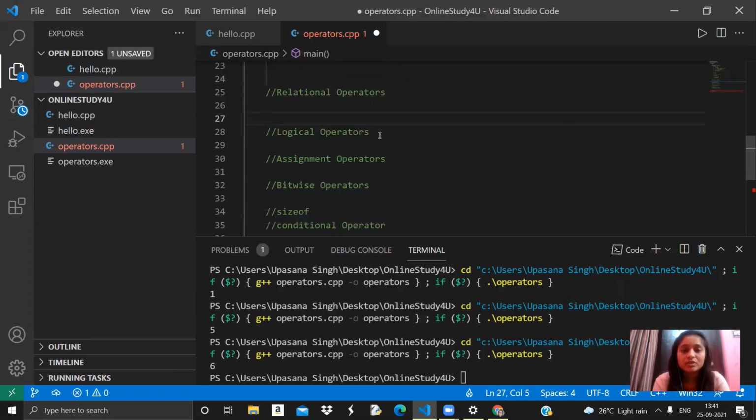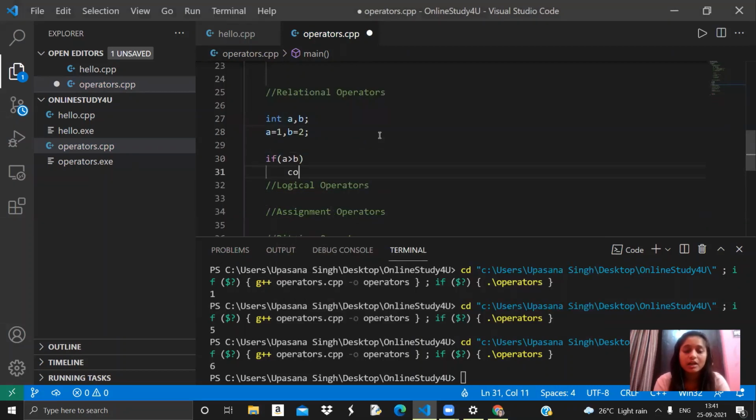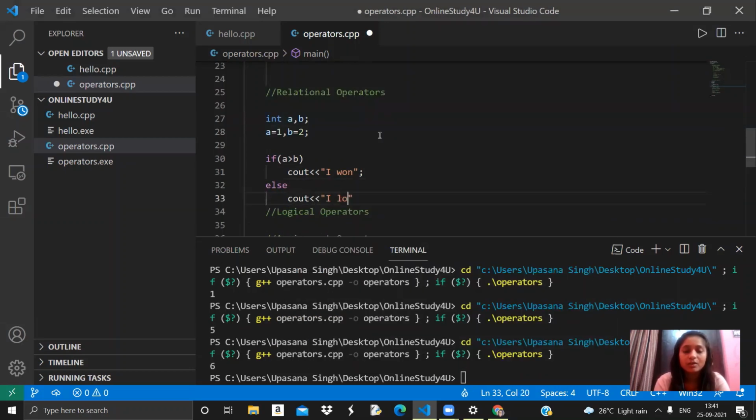Now let's see relational operators. I'm again taking two variables, int a and int b. Now I'm initializing a equals to 1 and b equals to 2. And now I'm checking if a is greater than b, then I'll print I won, else if a is not greater than b, then I'll be printing I lost.